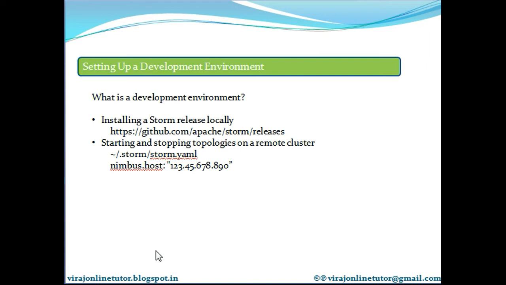So the worker, as we have seen in the previous session, is the one who executes your tasks. The worker processes execute your tasks, and Nimbus takes care of distributing the code that you submit to Nimbus onto the cluster and also assigning the workers to run your topology. Your machine uses a command line client called Storm, which communicates with Nimbus. The Storm client is only used for the remote mode. It is not used for developing and testing the topologies locally.